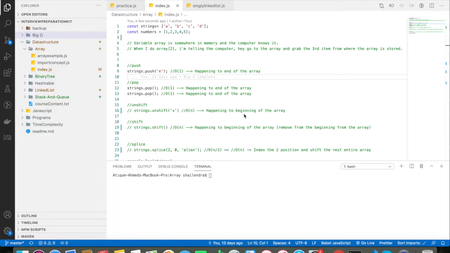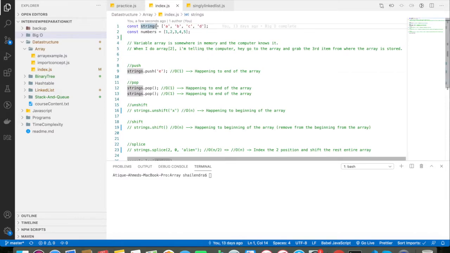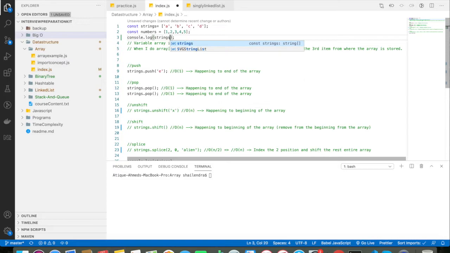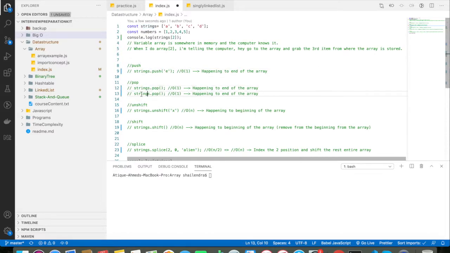So we all know how to declare an array in JavaScript. If you don't know, this is the way we can declare an array in JavaScript. This is an array of strings and this is an array of numbers. Alright, so if I do console log of strings of 2, it has to give me the output of, let me comment those lines,